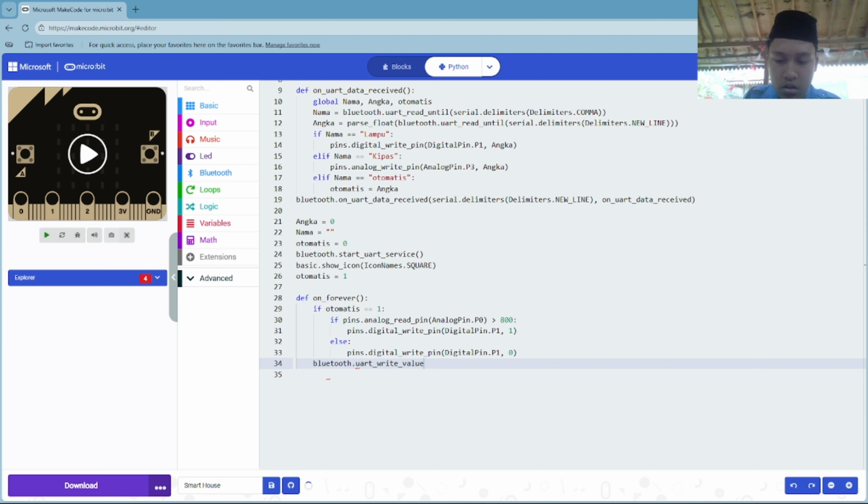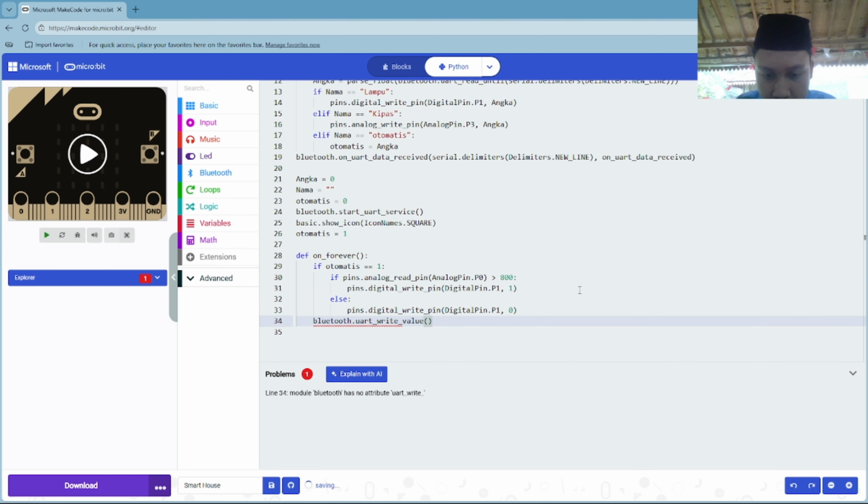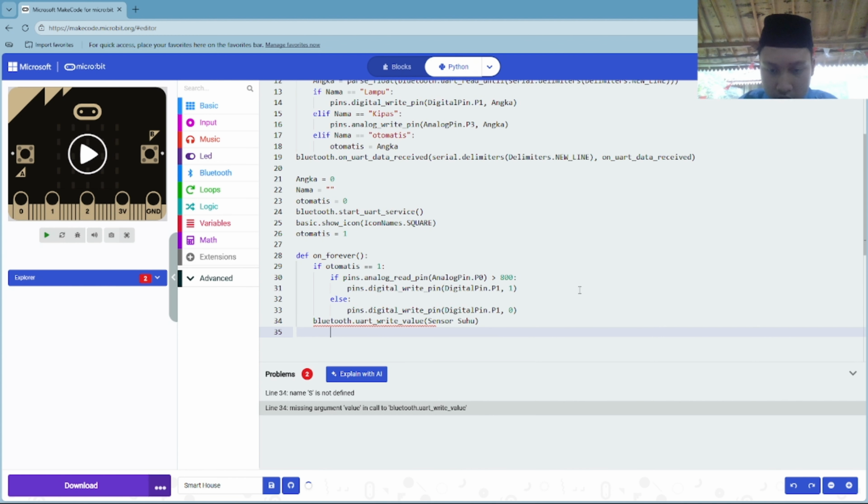So after we connect the database, we will show the sensor values that are already put in GitHub. Sensor cahaya, and in my website also sensor cahaya, and sensor suhu. To do this sensor, we will connect the micro:bit first. So the string is not connected. Don't forget to add the string in here.